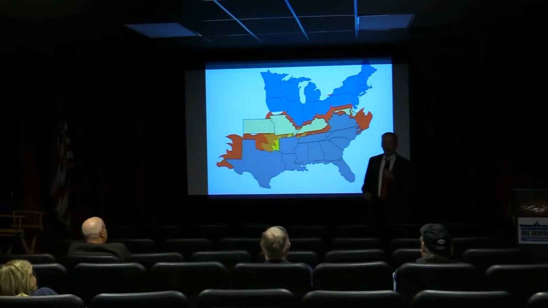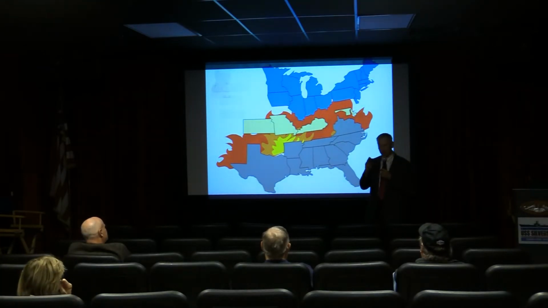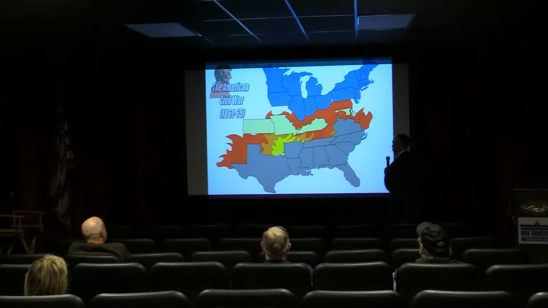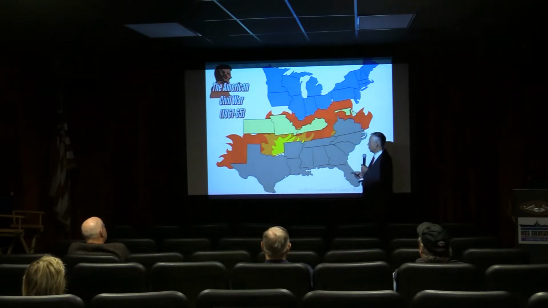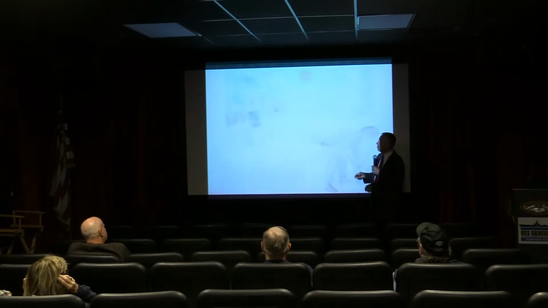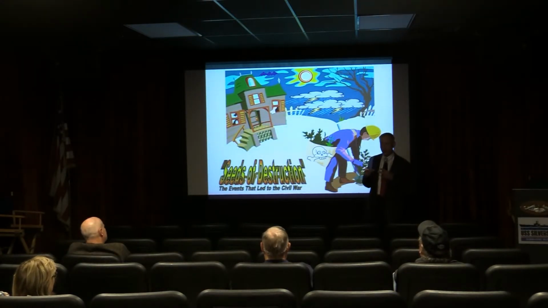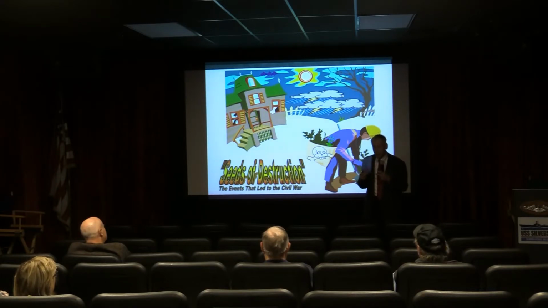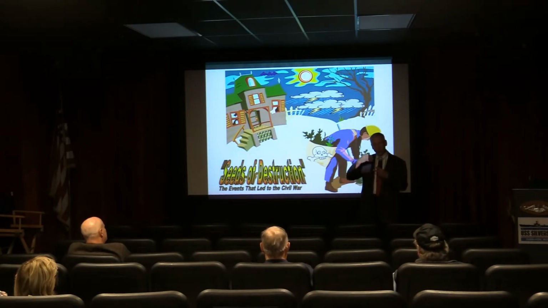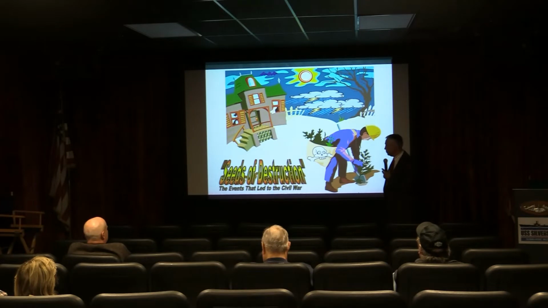Yeah. Okay, so tonight, we're going to pick up where we left off last week with the American Civil War, and more specifically, not the Civil War itself, but in fact the seeds of destruction, the events that led to the Civil War. We're covering an 80-year period in 2 weeks. Last week, we covered the first 40, from 1776 to the Missouri Compromise of 1820, and we're going to do a very brief review to catch up on that, and then we'll pick it up from the Compromise of 1820 and move it forward. This is, as I say, part 2.